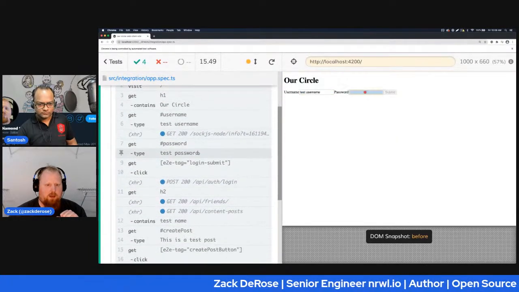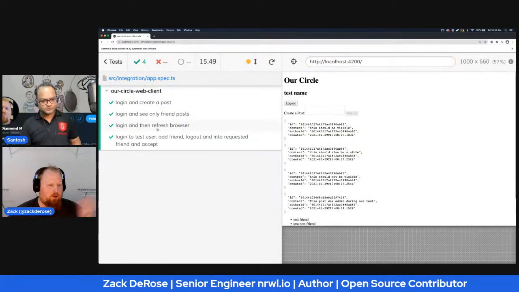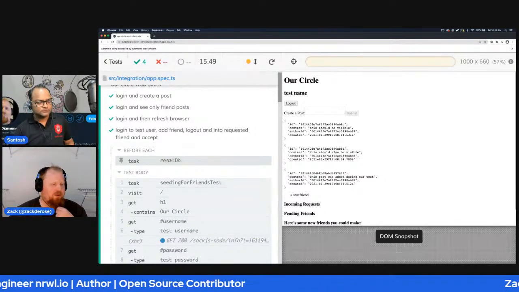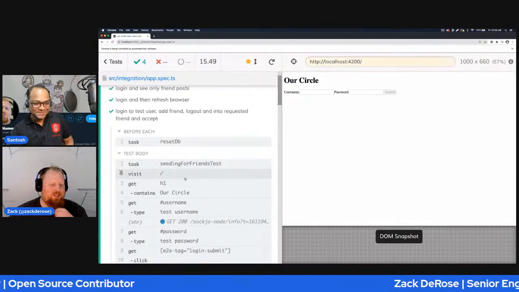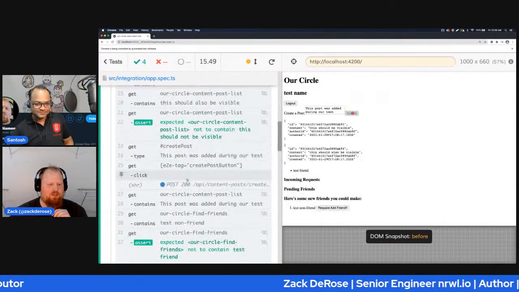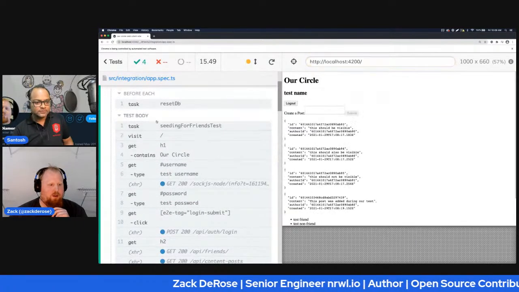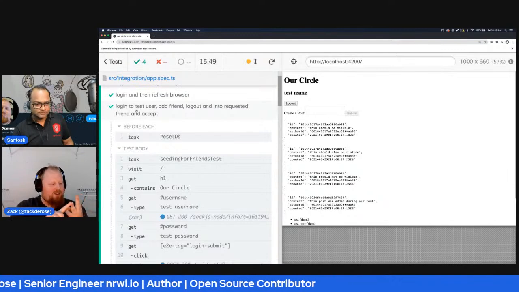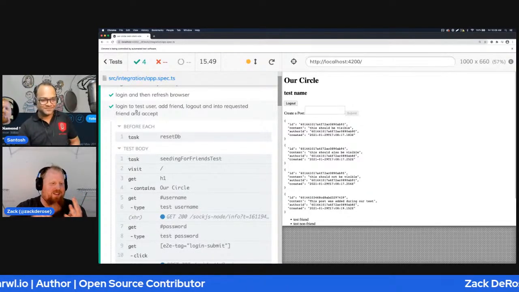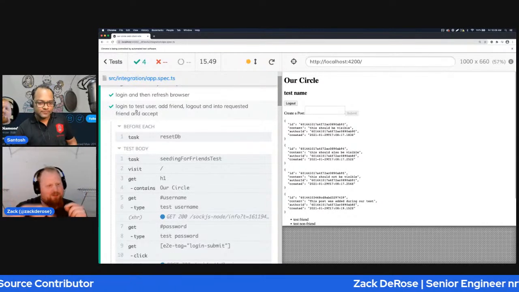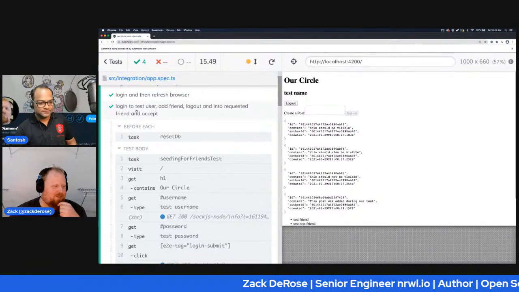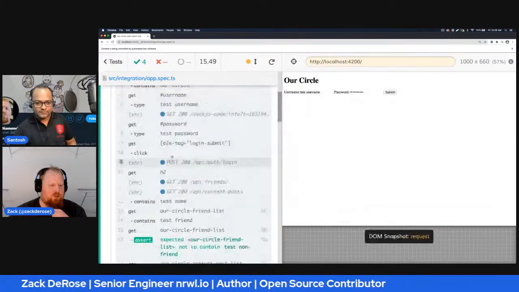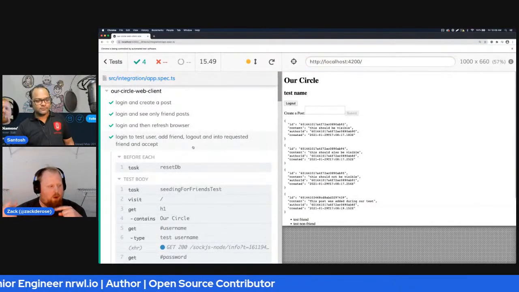And if we go through this, I can walk through each one of the various steps I'm taking. Coding one of these was proper TDD, which I don't think I've ever done before in my career, where I wrote a full test suite. This was a very involved one. We log in as one user, add a friend, log out from the first user, switch to the friend, accept the friend request, and then go back to the first person and make sure you can see them in their friends list. And essentially what I was doing was letting the test run and walking through step by step.